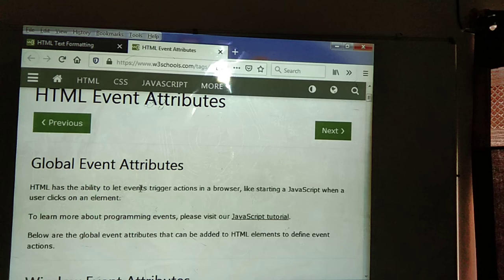Validate an input field when the user leaves. Means suppose the user leaves it, at that time this action will be performed. Input type is what we write in the form. How to write? First, input type equal to text, name equal to first name, id first name, and we have given onblur, my function. This function will be performed.